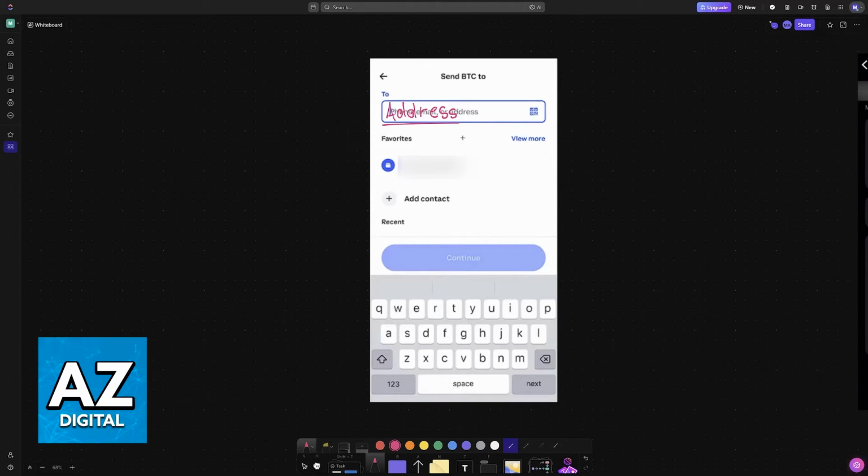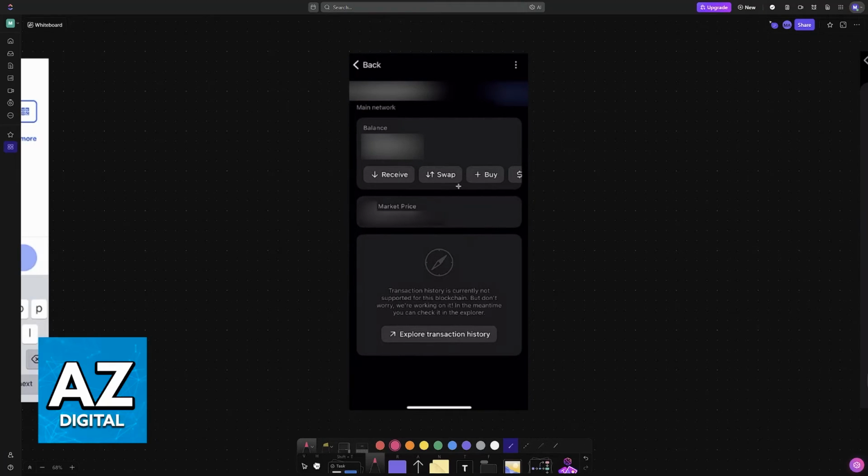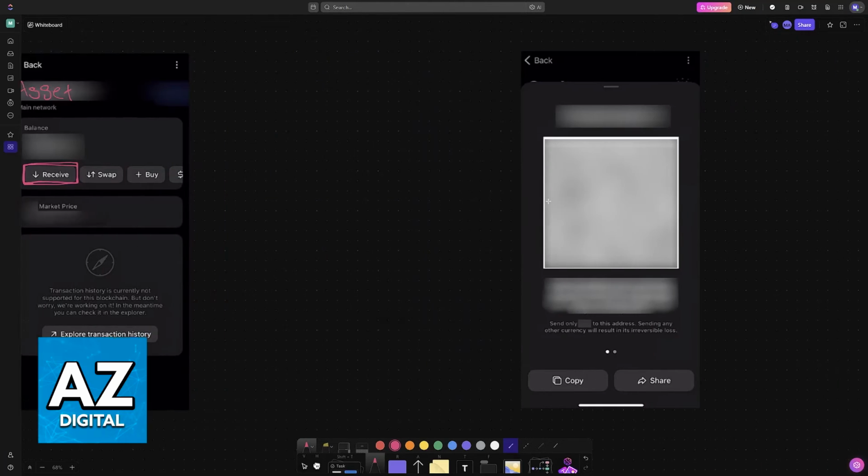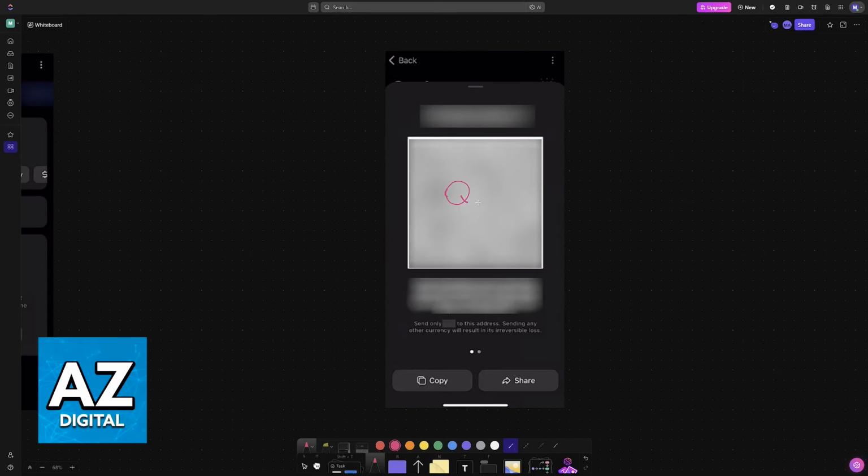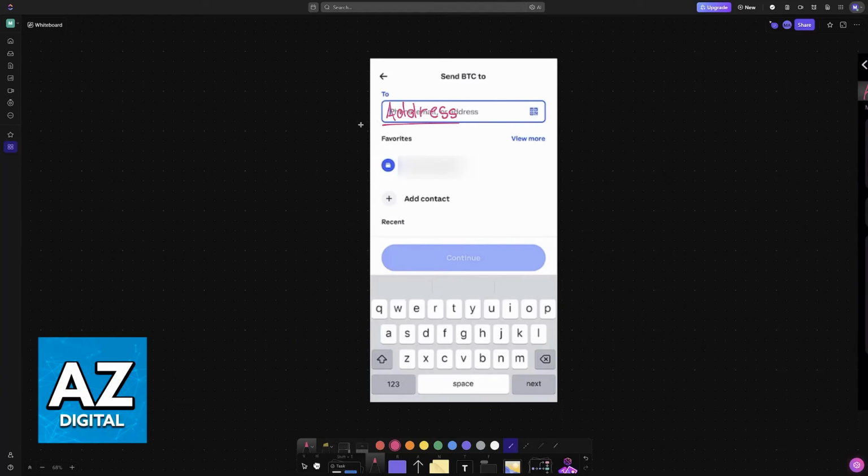If you don't have the address, all that you have to do is open the Tangent app and then choose a specific asset. When you choose any asset that you see available on the app, you will be able to select the receive option. So choose receive under a specific asset, and you will now see the QR code that you can send assets into, or you can copy the address here. I recommend that you just copy this address instead of using the QR code. So once you copy the wallet address, you can paste it here.